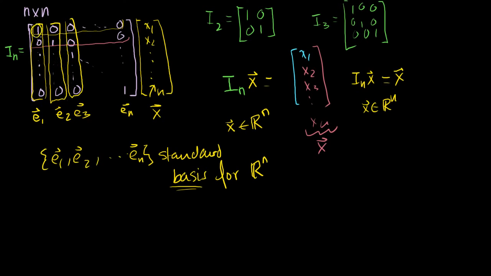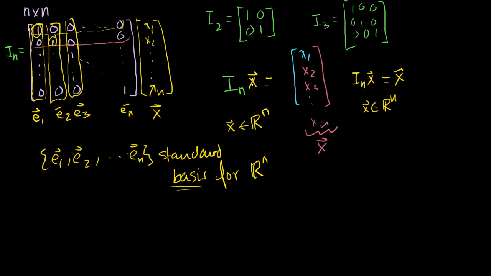If this guy has a 1 here, and no one else has a 1 there, there's no way you can construct that 1 with some combination of the rest of the guys. And you can make that same argument for each of the 1s in each of the components. So it's clearly linearly independent. And then to see that you can construct any vector with a linear combination of these guys, you